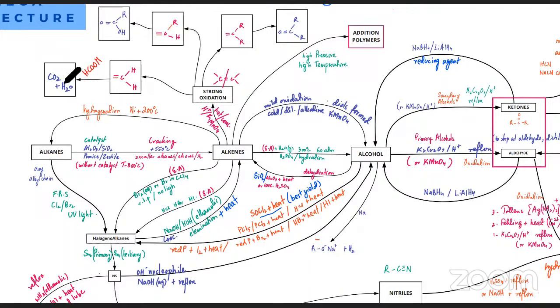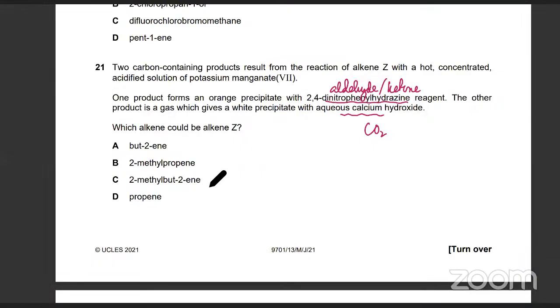It turned milky. So a white precipitate was formed. So that means the double bonded carbon atom must be bonded to 2 H's. So on one side, it must be bonded to 2 H's. On one side, it must be bonded to 2 carbon chains. So you're looking at an alkene similar to this. So which alkene could this be? I think it's going to be B, because if you look at propene and 2-methyl,